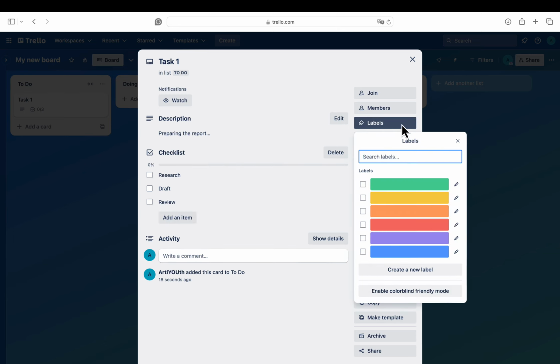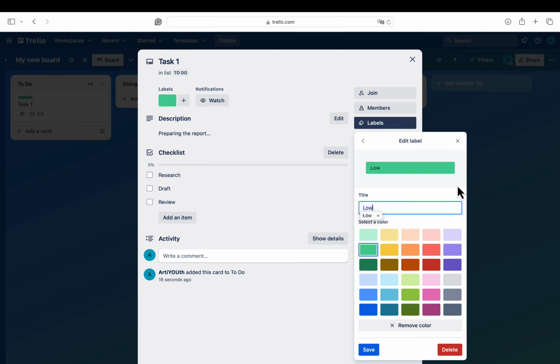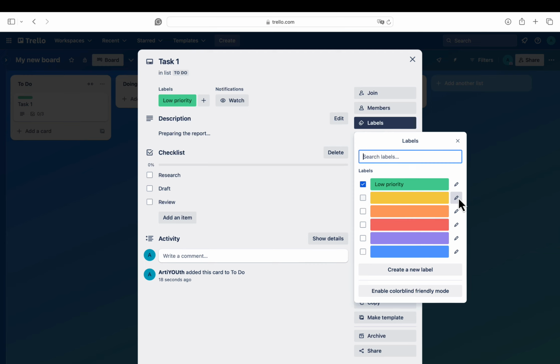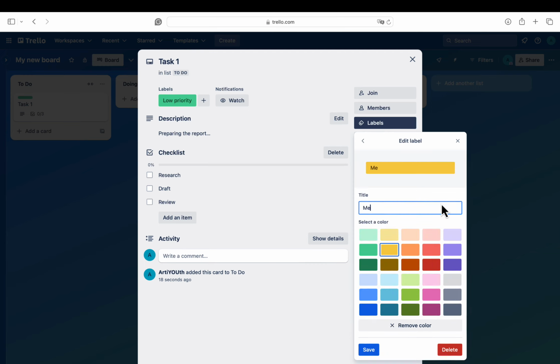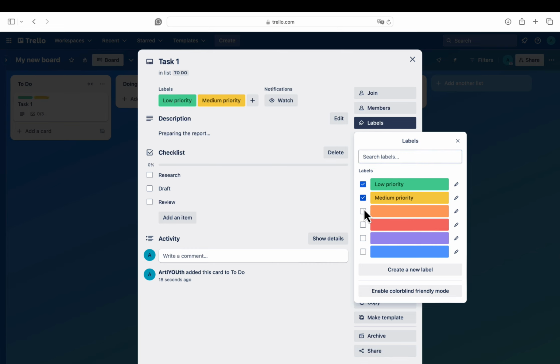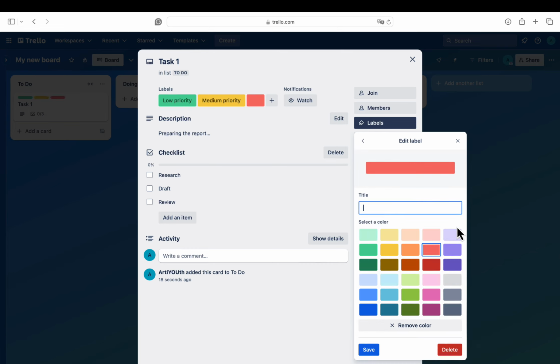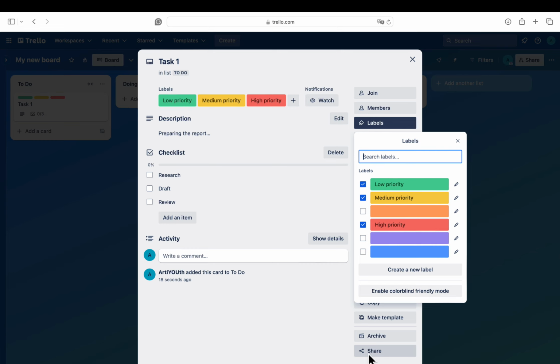You can add labels by clicking on labels and choosing the colors that represent different categories. Let's add a high priority label to this task.